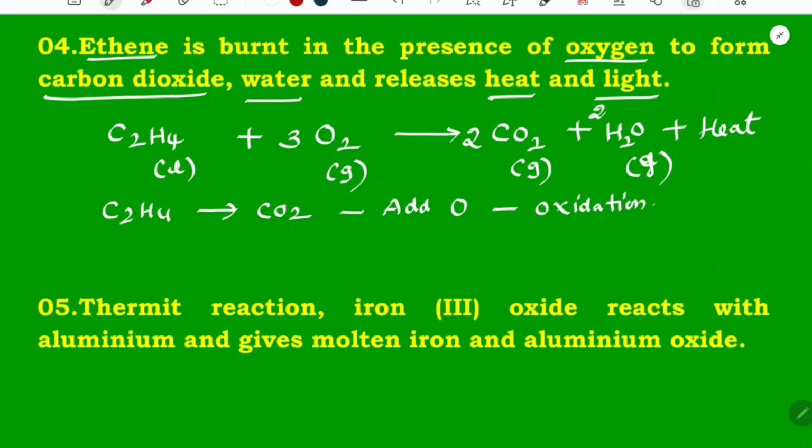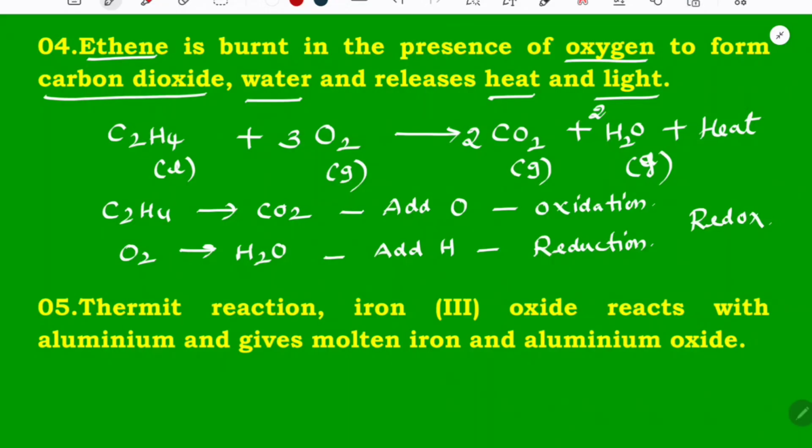So okay, here oxygen, what happens? The oxygen is converting to water. So what takes place? Addition of hydrogens takes place. What is this? A reduction. So this is a redox reaction. The given reaction is a redox reaction. So next